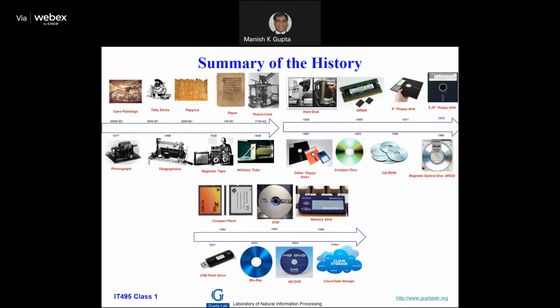So this is a summary of whatever I have shown you, from cave paintings to cloud storage that you use every day whenever you're using your Gmail, right? Or Facebook. So everything is through the cloud. In cloud storage also, a new thing has come up in terms of codec, which is known as regenerating codes, which can actually optimize data download in case of repair bandwidth. I mean, that is repair bandwidth when you're repairing a node or different kinds of things. It's a very interesting thing. It started in 2007, but anyway, I'm not going into it. Microsoft Avalanche file system is based on that.